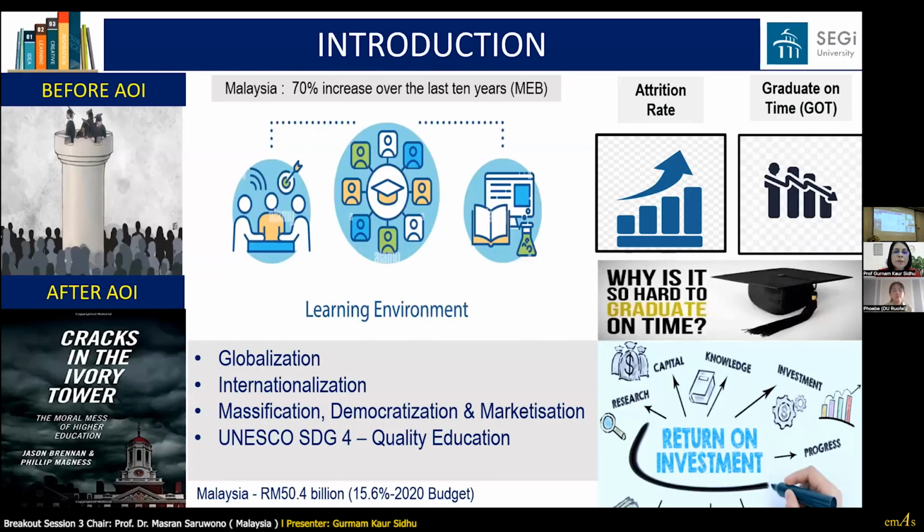Ladies and gentlemen, I think we are all aware, before the age of information, higher education was of course the privy of a few scholarly elite couples. We witnessed the massification in the growth of postgraduate education, and even in Malaysia, we recorded a 70% increase over the 10 years. There is no denying that postgraduate education is required for nation building because postgraduate students are the catalyst to build a critical mass of knowledge workers, okay? And they can contribute.